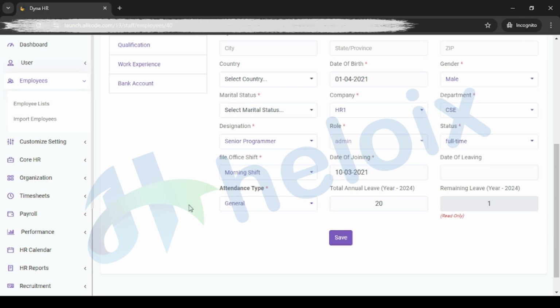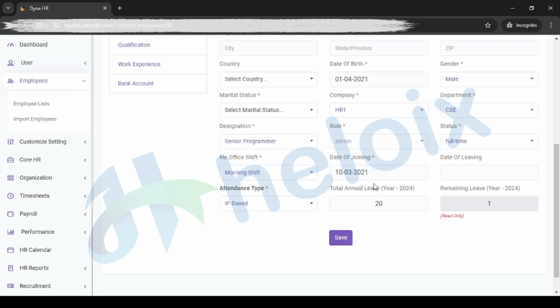Here you can manage attendance type. Here we go with two attendance types. First is general, so anyone can log in from anywhere. So this is a general tab. Or second, we have IP based. So we set up some IPs in our system. When a user wants to come into our office, they will connect with your office IP. Then they can sign in or sign out.